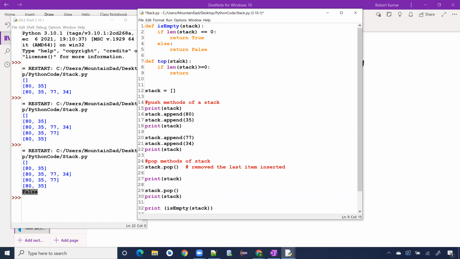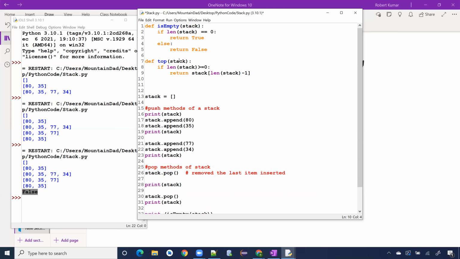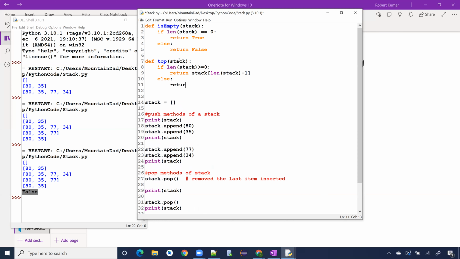Then I can do return stack, square bracket, and I can put in here what item is on the top of the list, the very last item. So that'll be length of stack again, and minus 1 because of the subscript. And if not, then I can put else, return none. I thought none was in Python. Return none. So now I can put down here